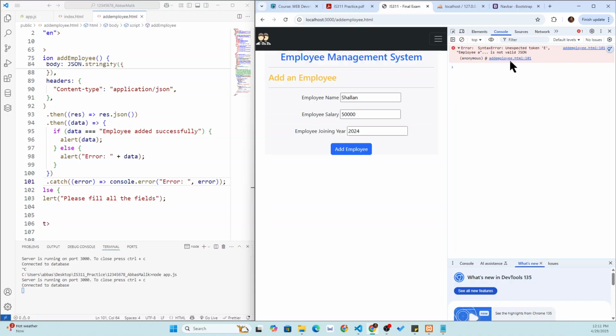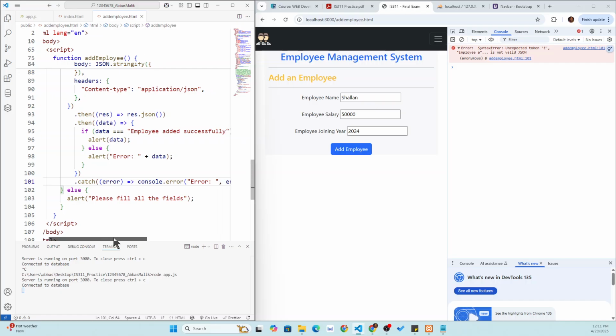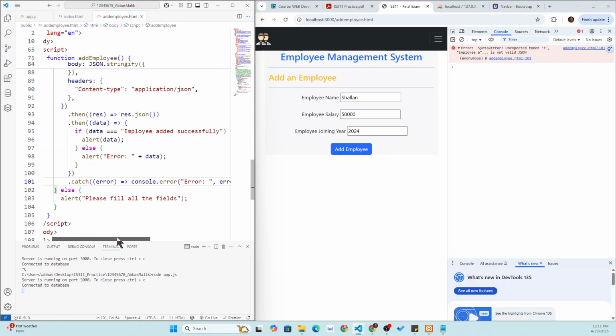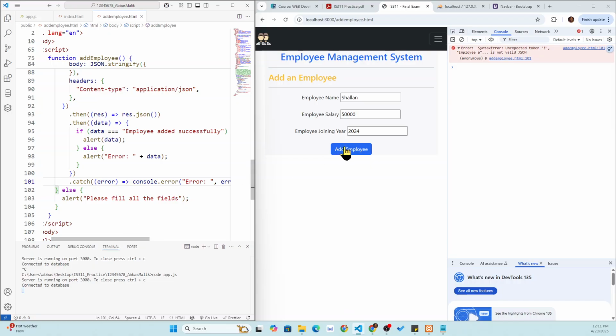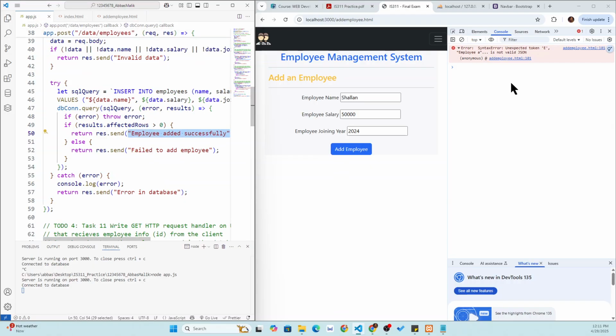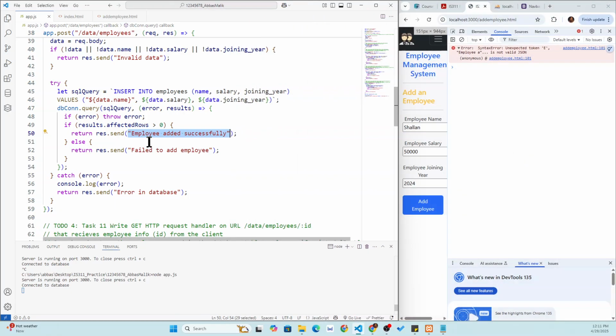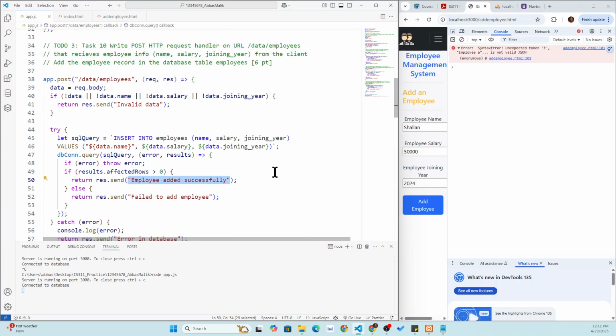So actually it is add employee, and it is coming here into that error. Okay. So it means that there is something wrong. First of all, the one thing that is very important to understand is that it is saying that it is not a valid JSON. So we are sending the text back. So we are not sending back our valid JSON. So what I need to do here is convert that thing